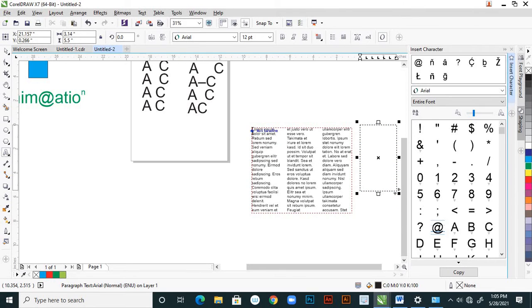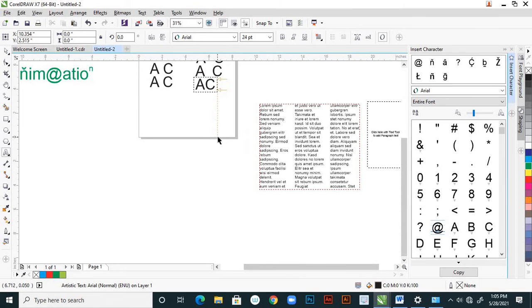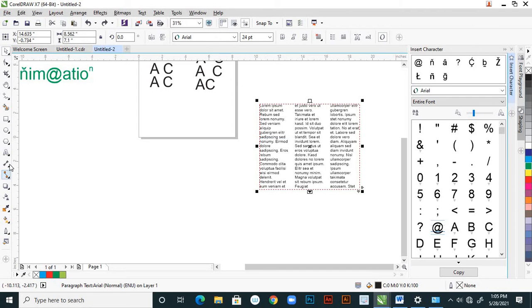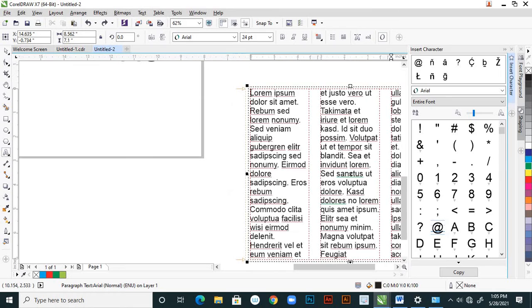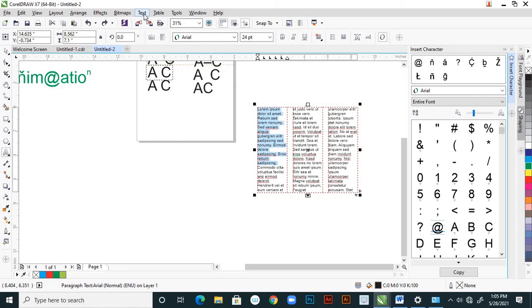So here I select again this portion. Now I want to select this portion. I want to select again this one. So here to here, yeah, here I selected that one.